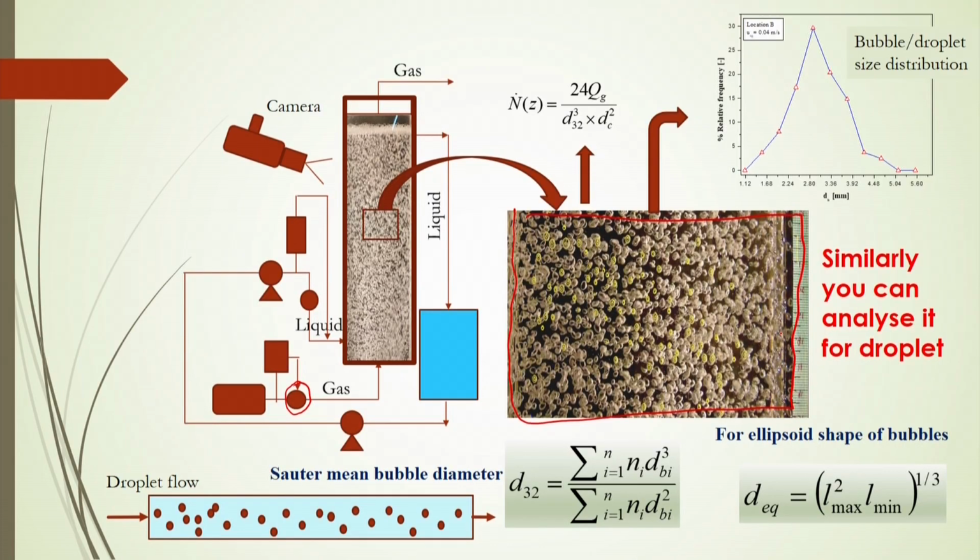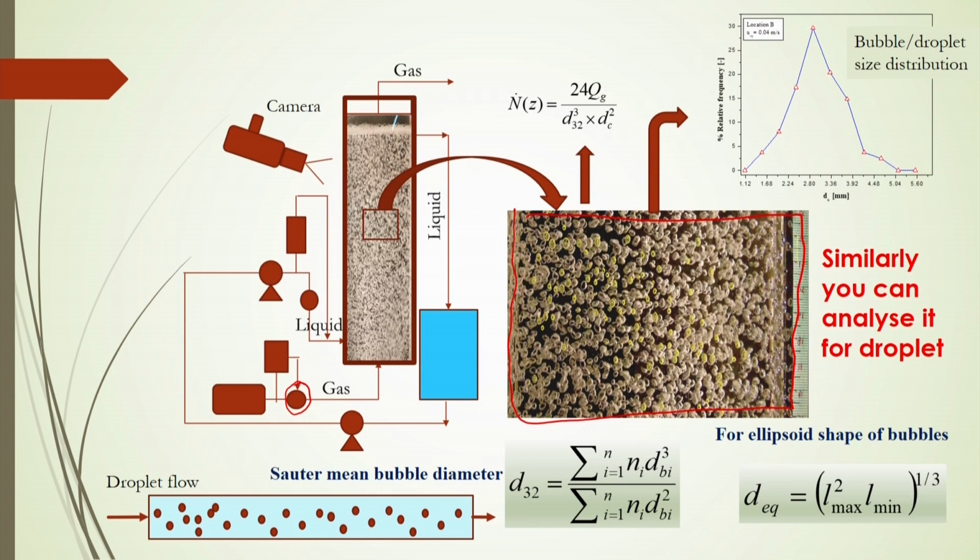After refining the picture of these bubbles, you have to analyze the size of the bubbles. Now, what to do? You will see in this snapshot that you will not get only single bubbles; there will be more than, I think, 500 bubbles, even more. So, in this case, how do you measure the bubble size?